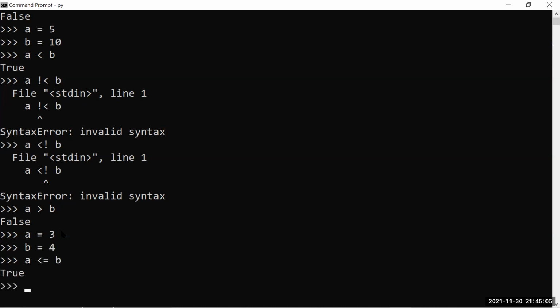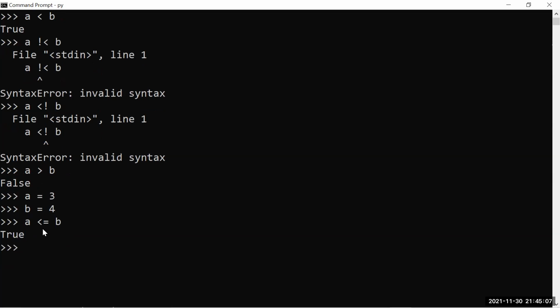True. Of course, true. Why? We can combine greater than and less than with equality, and we can check whether they are greater than or equal, or less than or equal. Now, again, A greater than or equal to B. False. Okay, this is going to work, but negation of greater than and less than doesn't work.